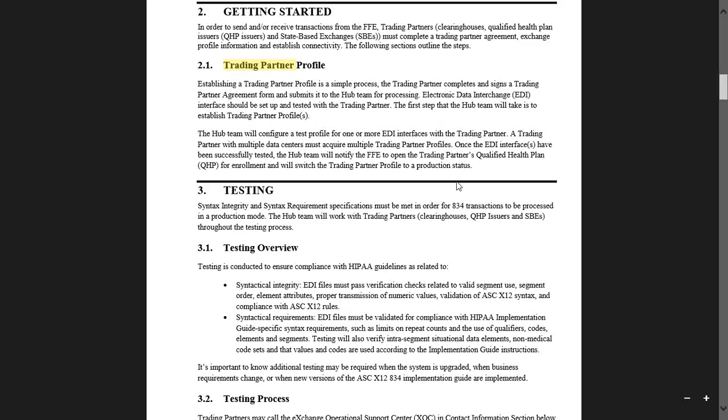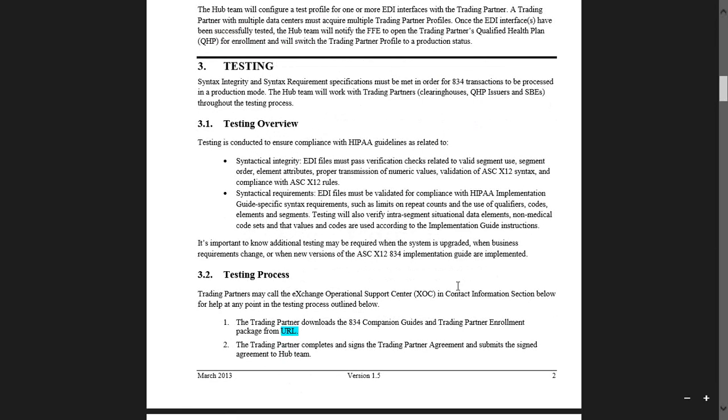So the hub team is the one who is doing the data transition. So they have to have a trading partner. Now, moving on, this document is a very long document, so we'll just go over the details, which you can